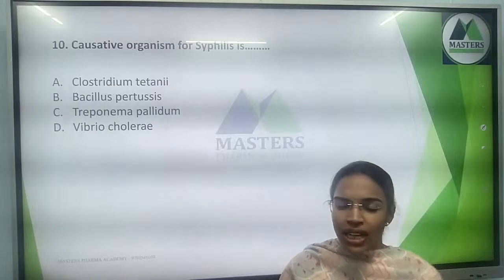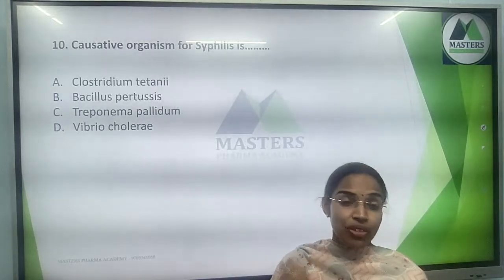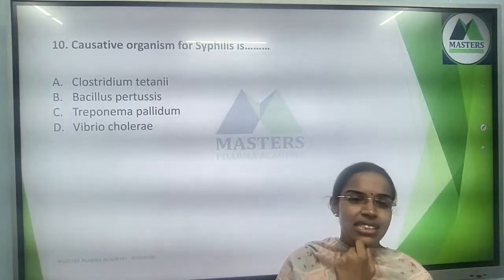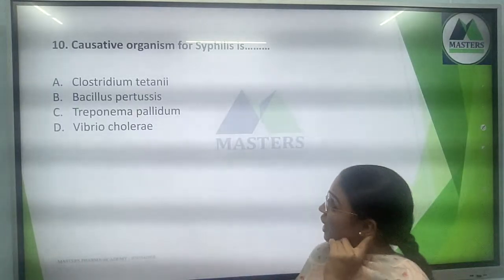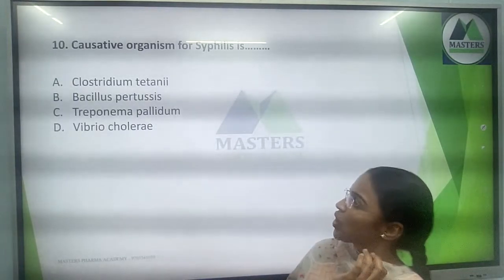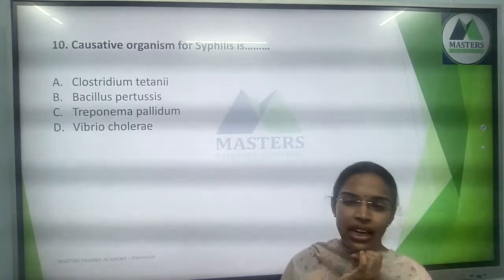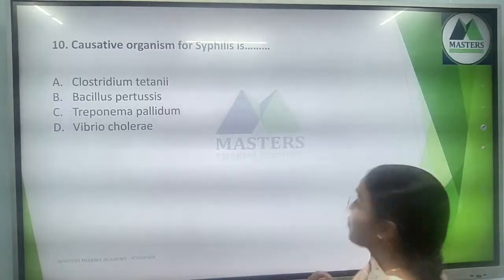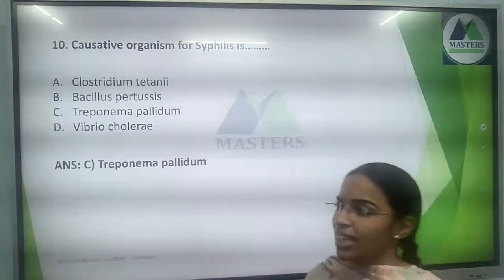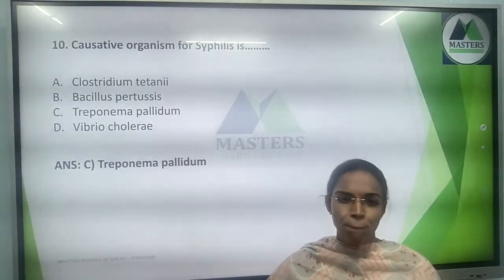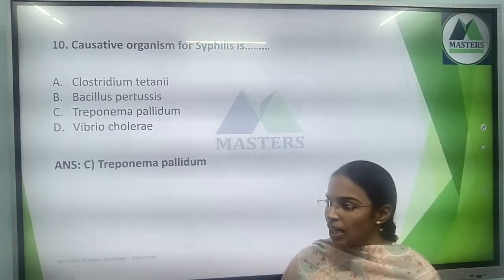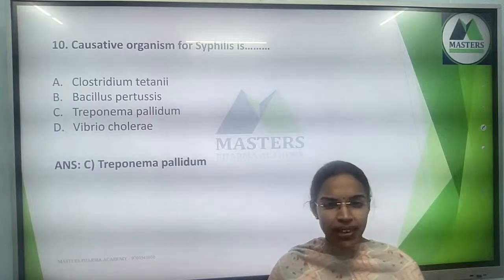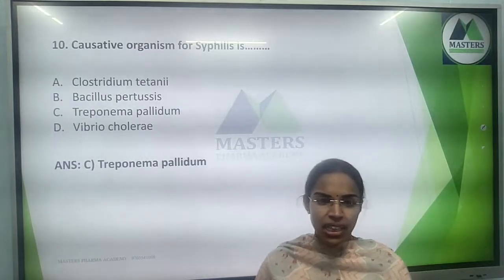Direct question, one more direct question. A causative organism for syphilis is? The options include Clostridium tetani and others. The right answer is option C, Treponema pallidum. Very good. That was the right answer. And Clostridium tetani is responsible for